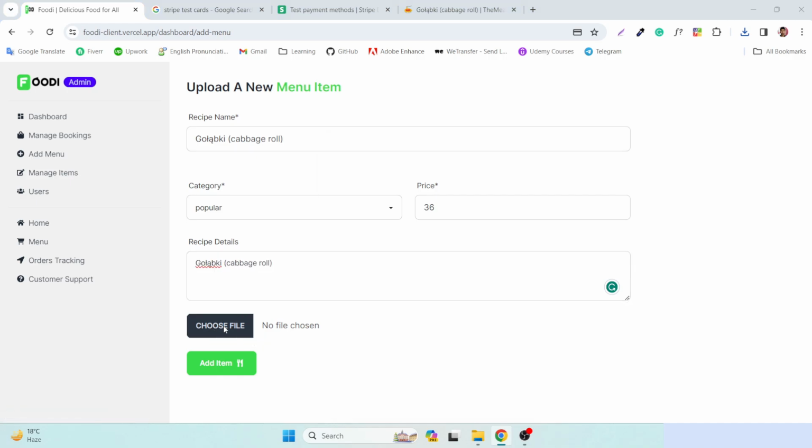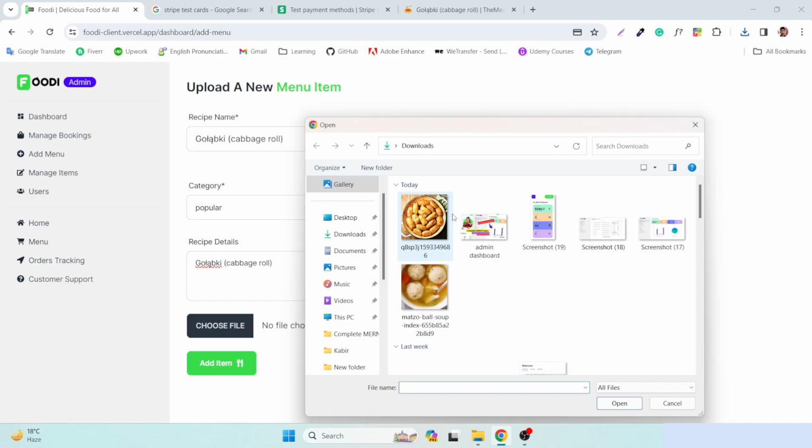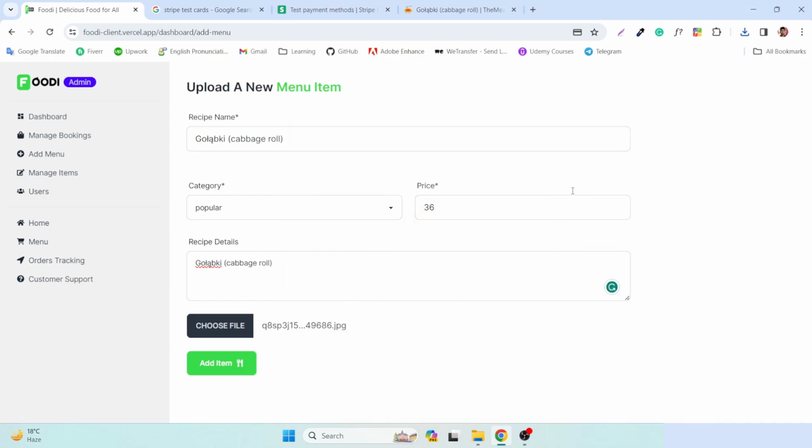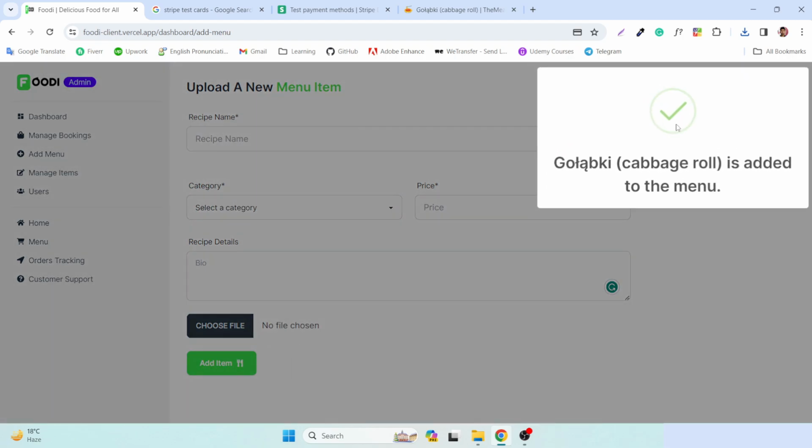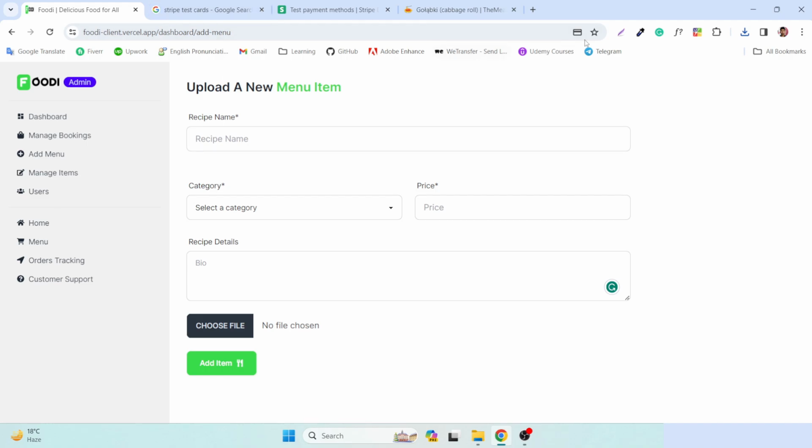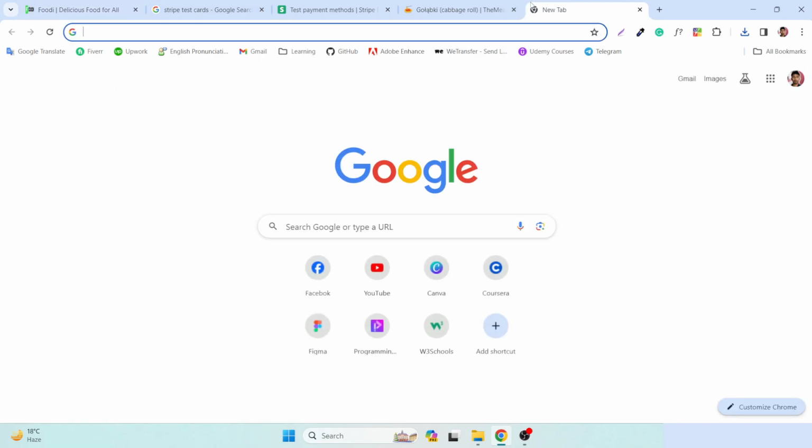Then you can upload an image. If you click, then you have the options to upload an image. Let me choose this image. Okay, then if everything is done, you can just hit add menu items. When you hit, you can see a confirmation, and after confirmation, if you go back to your front end,